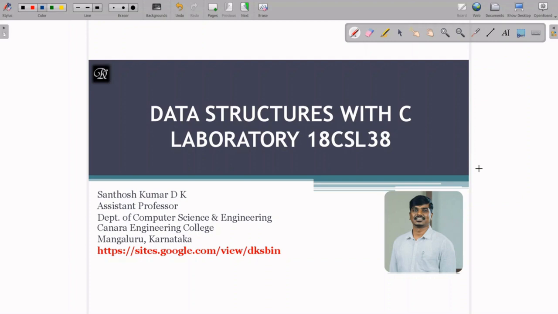I am going to discuss the data structures with C laboratory course with subject code 18CSL38. In this course, we will be conducting 12 experiments,